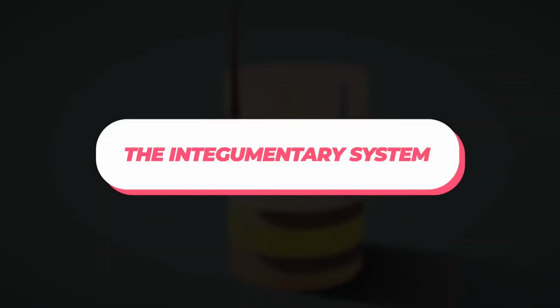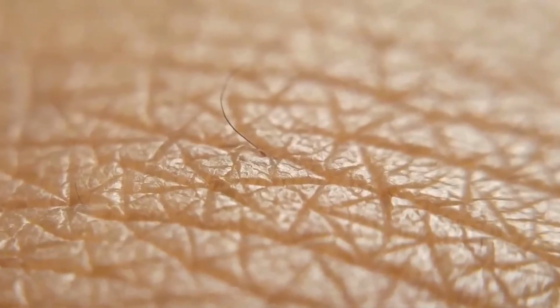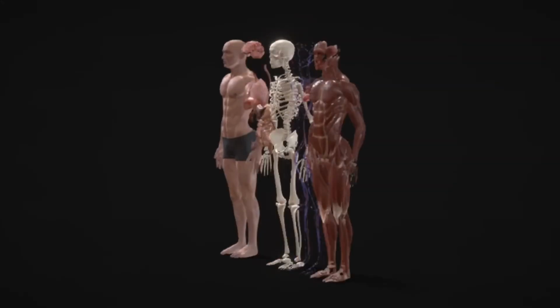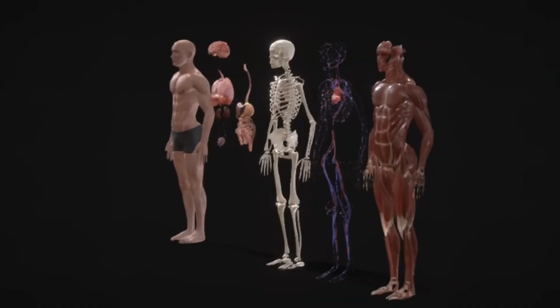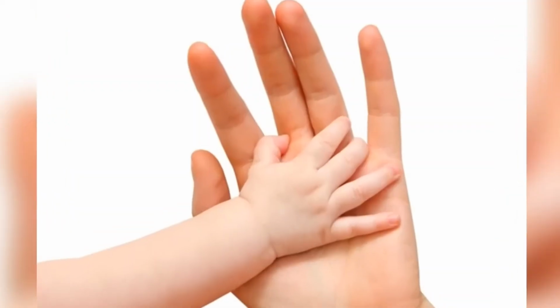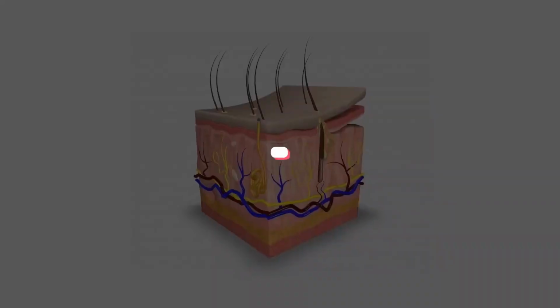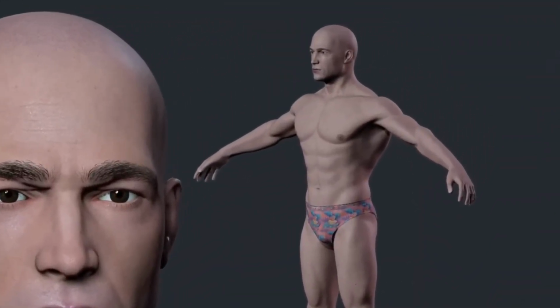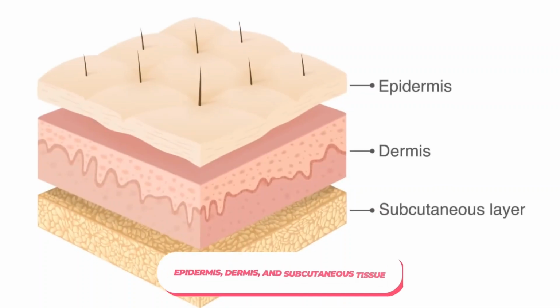Integumentary system. The integumentary system is the body's largest organ and is made up of the skin, hair, nails, and glands. It plays a vital role in protecting the body from the outside environment, regulating temperature, and sensing touch, pressure, and pain. Skin. The skin is the body's largest organ and is made up of 3 layers: the epidermis, dermis,